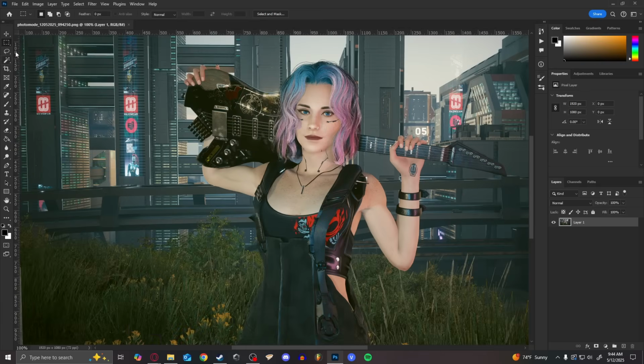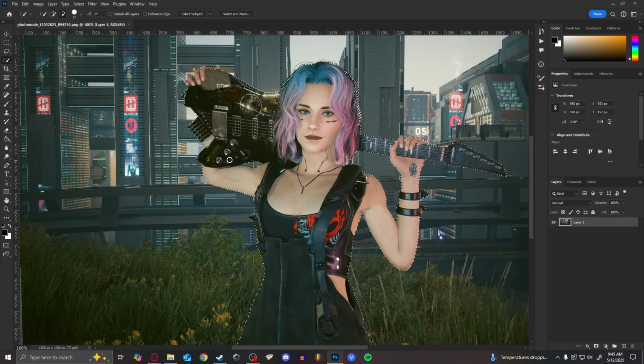So the first thing that we're going to do is go over to the object selection tool and select V, and hopefully it grabs her and the guitar. It did not grab the guitar or her fingers. Okay. So we're going to press Shift, click again, see if it'll get the guitar this time. Okay, got the guitar. It did miss a couple of things, but that's not a problem. We can just go to the quick selection tool, press and hold Shift, and select all the parts